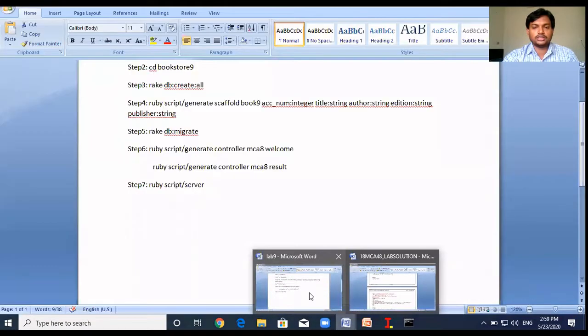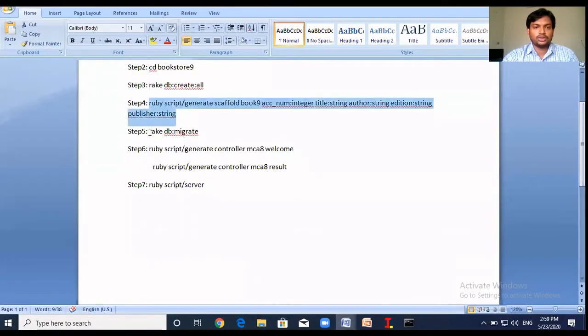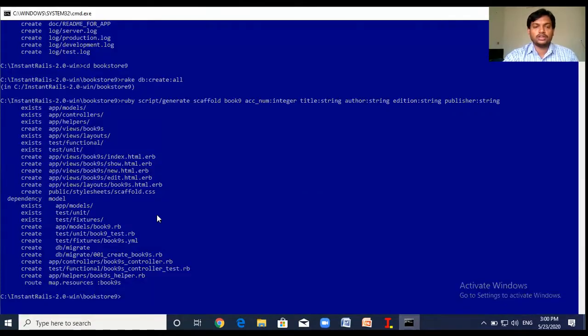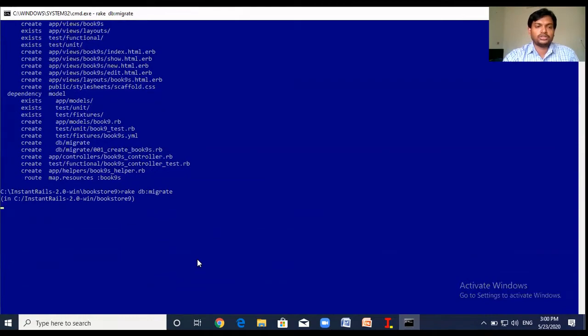The next step is to use this migrate command. If we execute this, it will help us to change our database schema, so we can move from one platform to another. The actual structure of the database schema will be created with this rake db:migrate command.